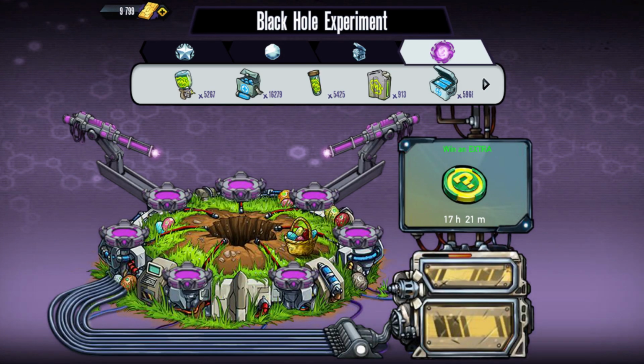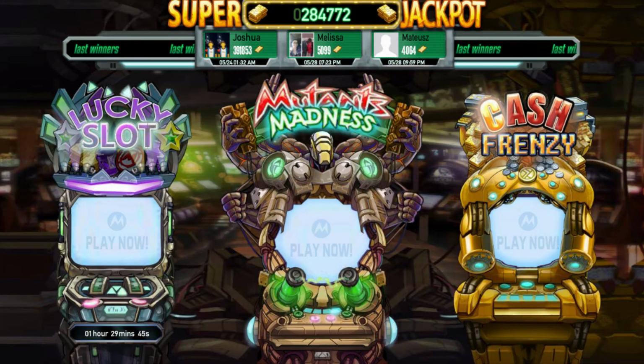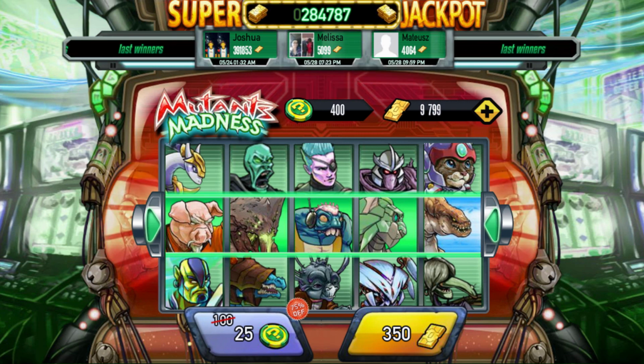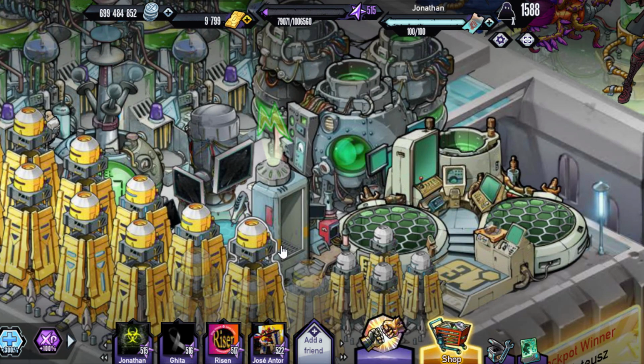But that's basically how to get some of the tokens currently, because we can't actually buy any of the tokens in the shop, even though they have the event coming soon, which is kind of weird. But we're going to be spending 400 of the jackpot tokens. You can actually keep some of the tokens just in case they change the characters for the, what is it even called,